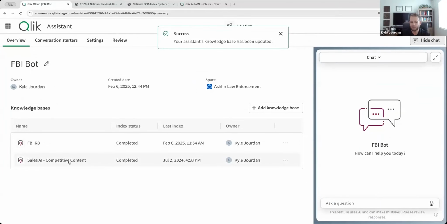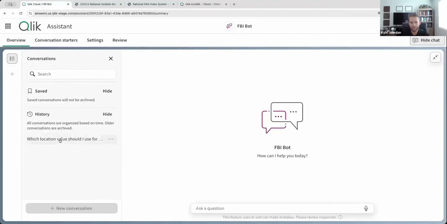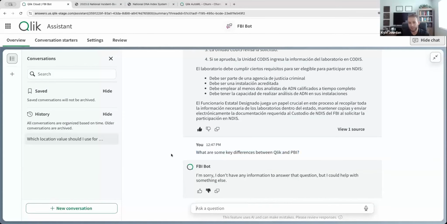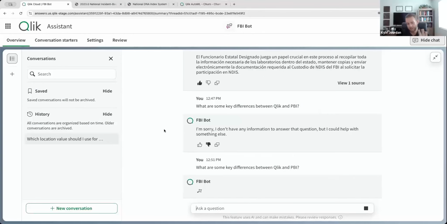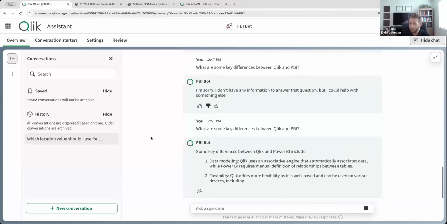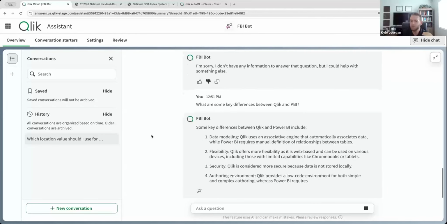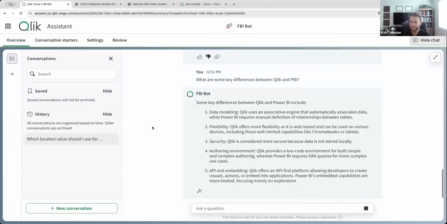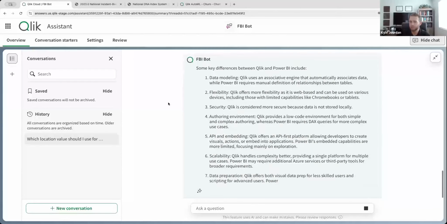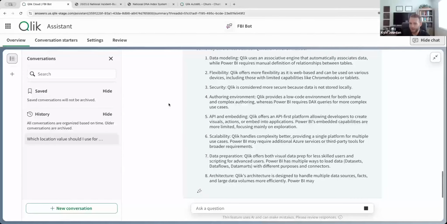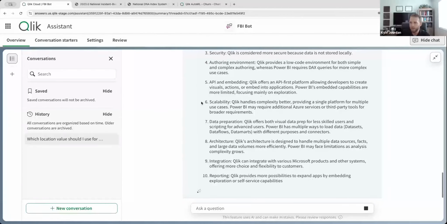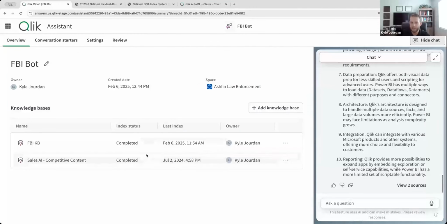So now I've added additional context in this knowledge base. If I went back to this conversation and asked this question again, because I have introduced that knowledge, assuming that this connected knowledge base isn't out of date, you can see it will now start answering questions. Because I have added that access to the right information, it will start answering that same question that it wouldn't answer before. So that's one thing I do want to point out: you can connect these different data sources to a single assistant.